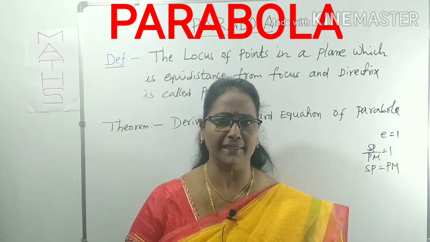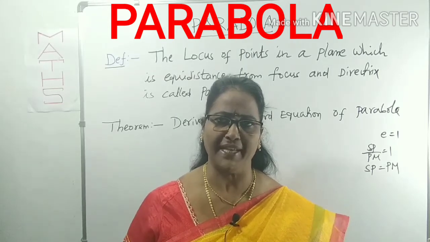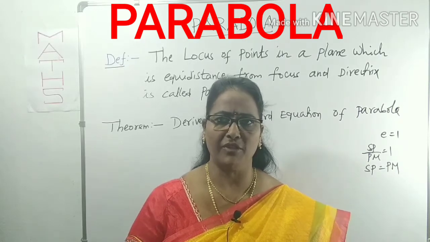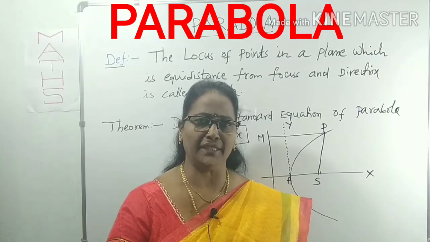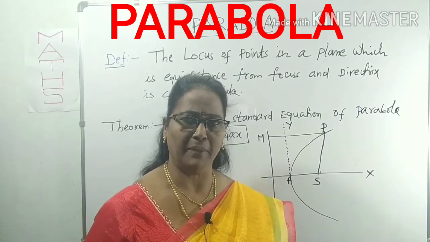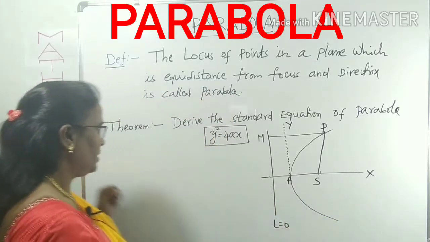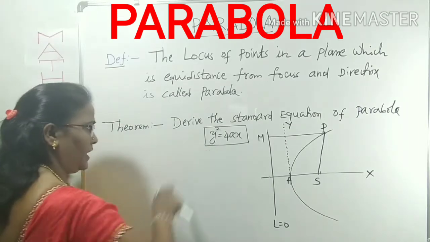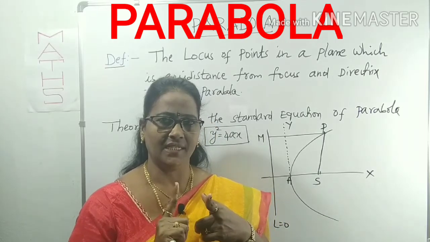If you take a general point (x, y) on that locus, the locus equation is represented in terms of x and y. Now, I said the parabola is also one of the loci of points, with distance from the focus and the directrix. How can you derive it? You have to take the major steps for deriving the equation of the parabola in standard form, one by one. So we will be asked to derive the standard equation of the parabola in the form y square is equal to 4ax. For a parabola, first you have to start with the focus as well as the directrix.